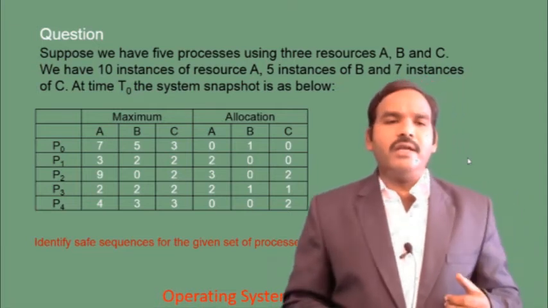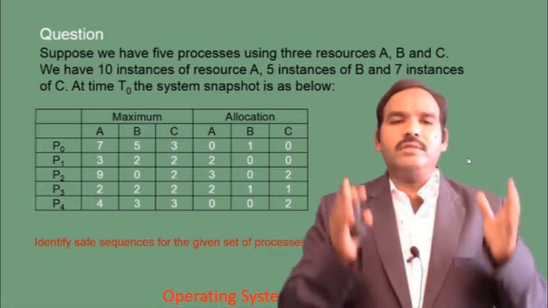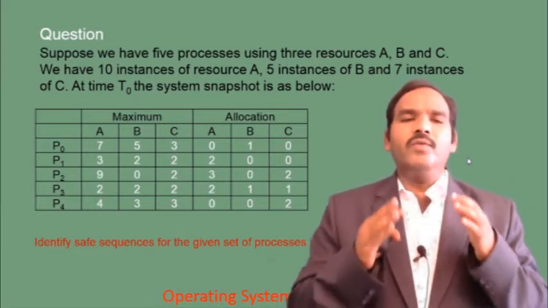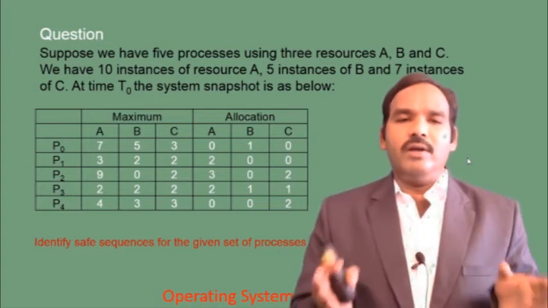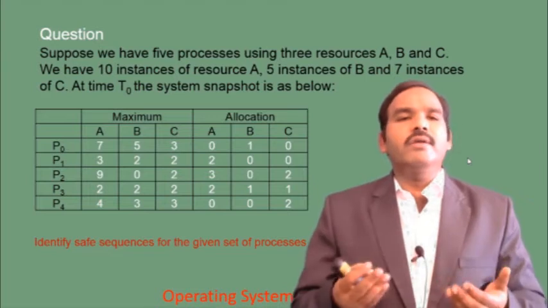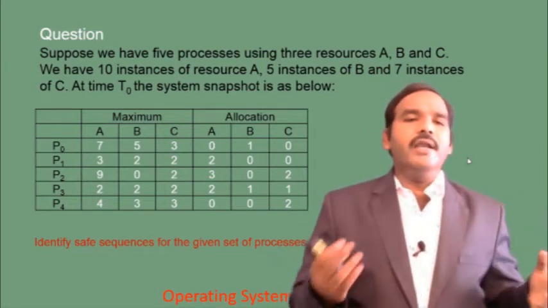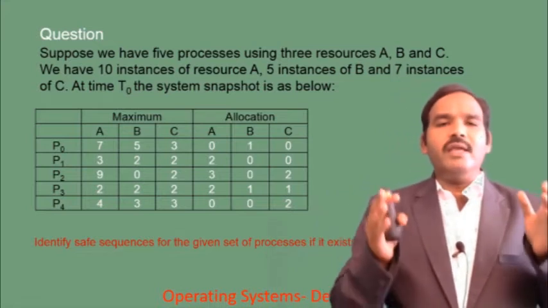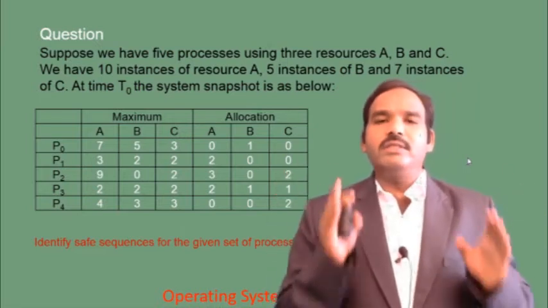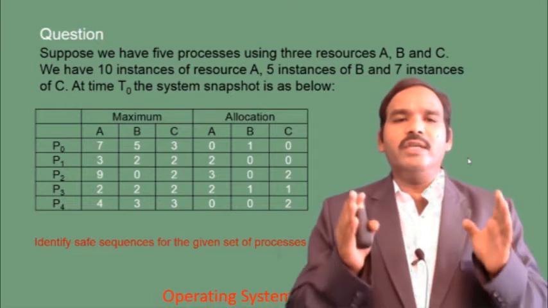If the safe sequence is identified, then the system is in a safe state. If no safe sequence exists, the system is in an unsafe state. If the system is in a safe state, definitely we can say that there is no deadlock, then you can continue the execution. It means that for the given request or maximum claim data, we are able to identify an order for the set of processes. This is the question they are asking: are you able to identify a safe sequence for the given data?